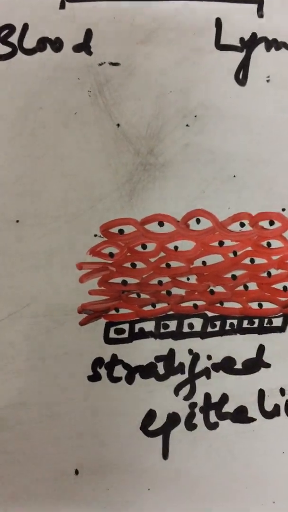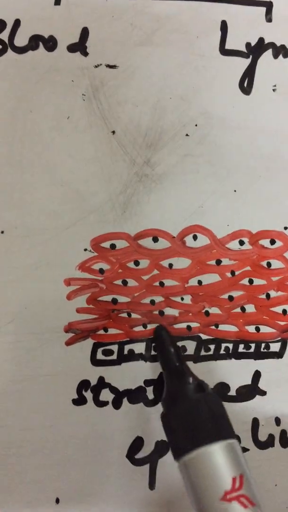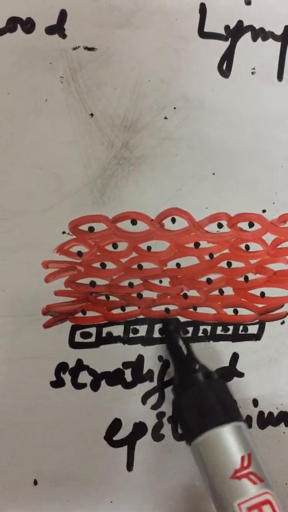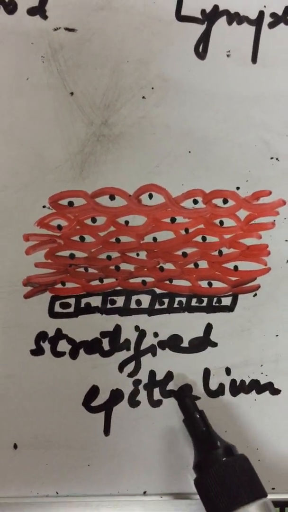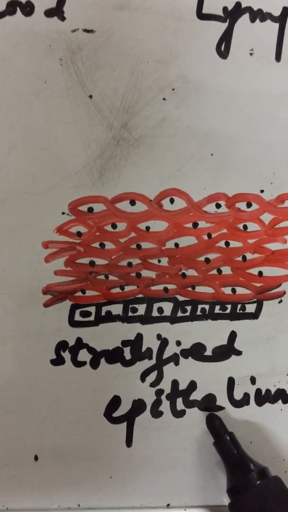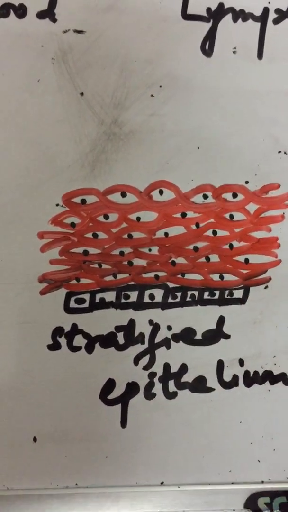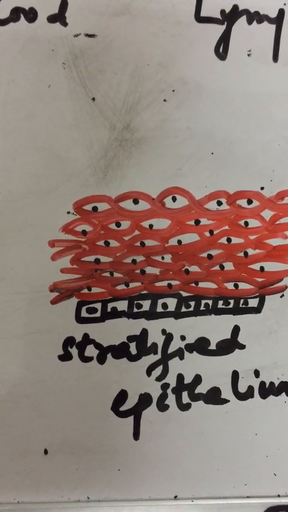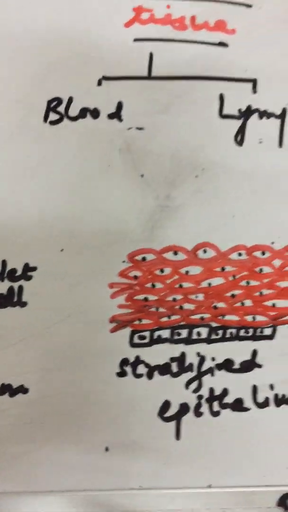And the last category is stratified epithelium. The word stratified means having several layers. As you can see, two different shapes of cells are there and they are arranged in layers. So a layer-like arrangement is found in stratified epithelium. Example, in your skin or in the cornea of your eye. They are composed of layers of different kinds of cells providing protection to inner parts. So this is about the different types of epithelial tissues, what they look like, what is their structure, what is their location, and what is the function performed by them.